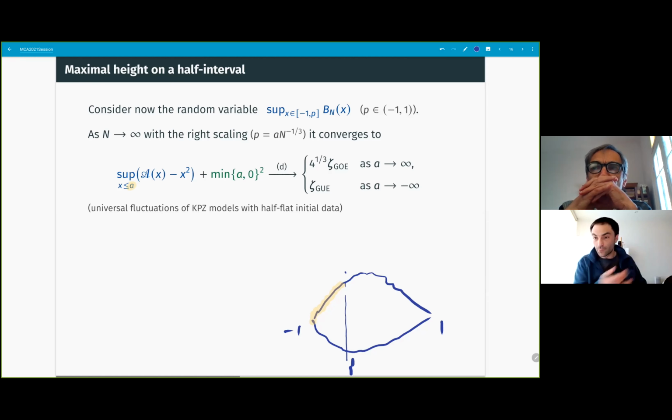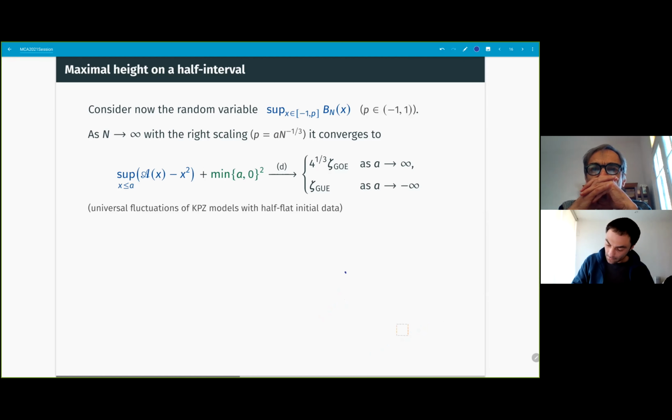It's the same problem I was showing you before, supremum over the whole line. Now, if I want to look at what happens as a goes to minus infinity, you see, this supremum is going to be attained, so the Airy2 process is stationary. So really this Airy2 process minus parabola looks like this. It essentially looks like a perturbation of a parabola, okay?